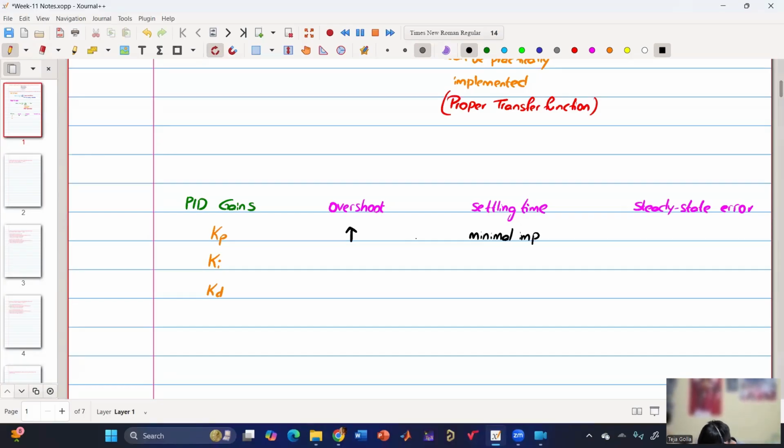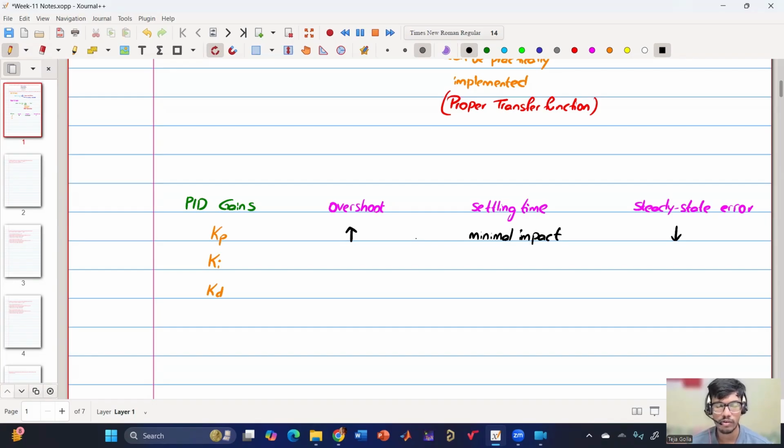What happens to the steady state error if KP increases? It will decrease. But one thing you should keep in mind is that it will never become zero unless there is an integrator. So only with proportional control, error will never become zero. It will only decrease. So ideally, we can think that if I make KP infinite, then steady state error will